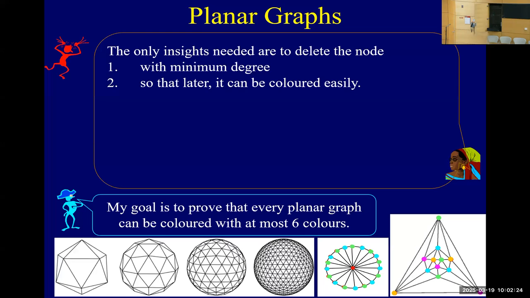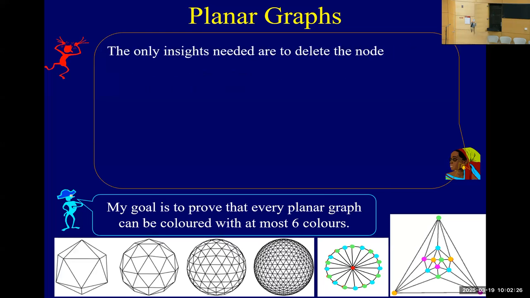If they were going to give you just the high level of the proof, we're doing induction. You want to prove that any planar graph with I nodes can be colored with 6 colors, right? So when you do induction, you know it's true for I minus 1 nodes, and you're given a